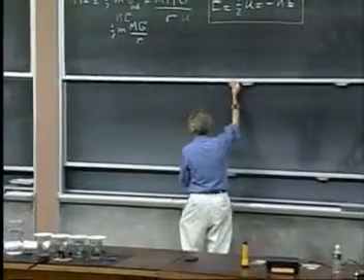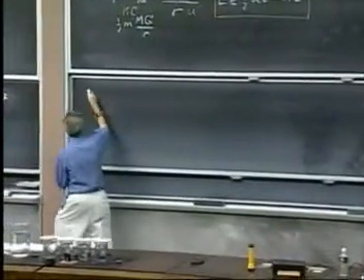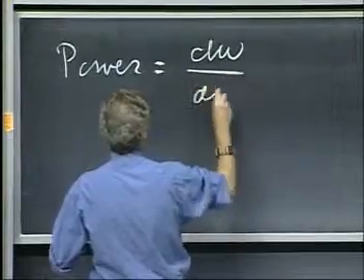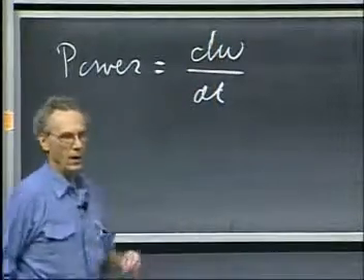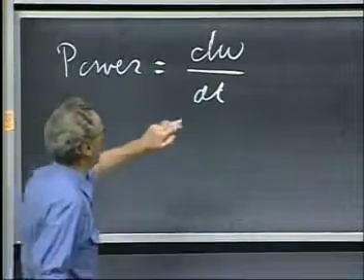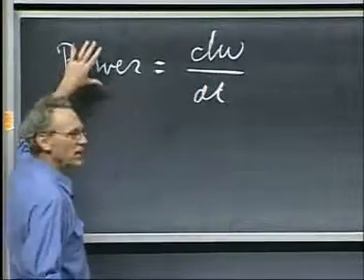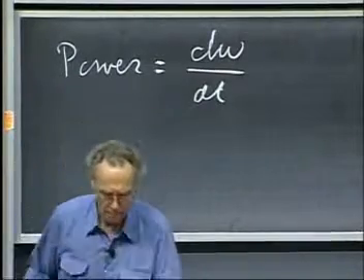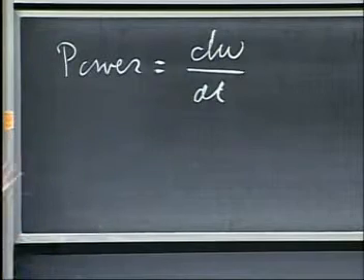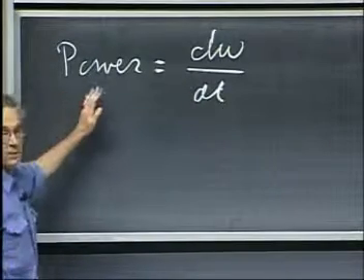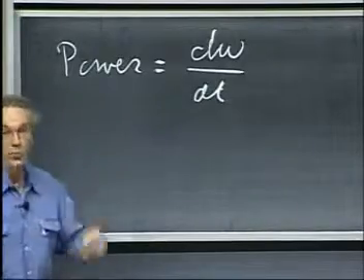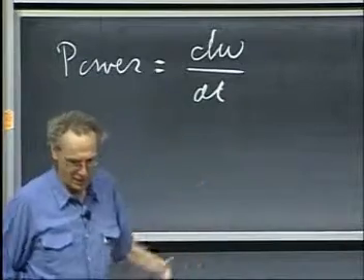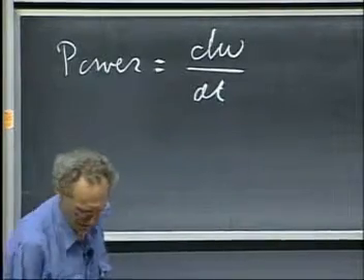What is power? Power is work that is done in a certain amount of time. The dW/dt, if W is the work, is the instantaneous power at time t. We also know power in terms of political power. That's very different. Political power, you can do no work at all in a lot of time, and you have a lot of power. Here, in physics, life is not that easy.